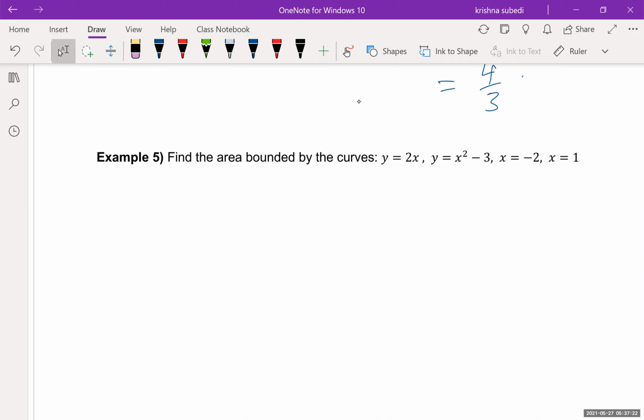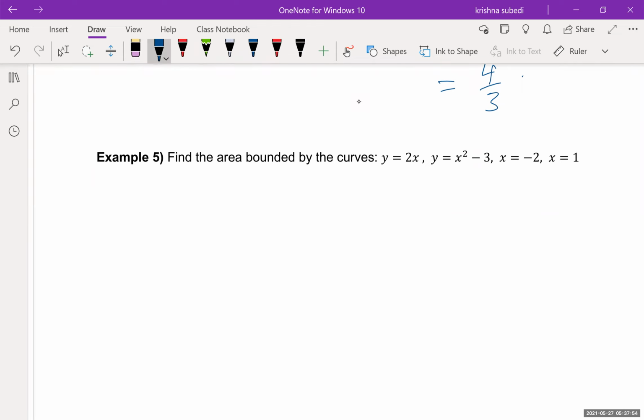Okay, so example 5, find the area bounded by the curve, and suppose we don't want to draw the graph. Even this, drawing graph here is not that difficult. It's pretty easy, simple function. But let us suppose that we don't want to draw the graph. Then how do we find the interval, and how do we find which function is bigger and which function is smaller? So first of all,